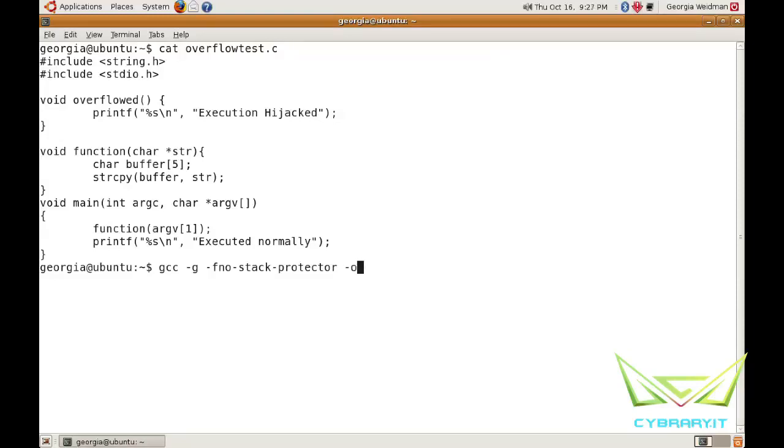And -o for the output, I'll just call mine overflow_test. It's just going to overwrite the one that's already there. And the input file is overflow_test.c. The main thing we need to do is just -fno-stack-protector. The debugging symbols we don't really need,